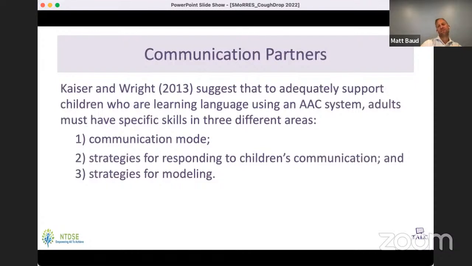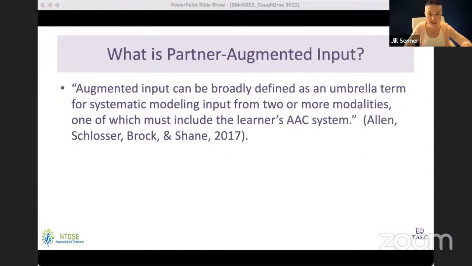So Kaiser and Wright suggest that to adequately support our kids who are using AAC, the adults in that classroom, at home, or whoever are training have to have specific skills in 3 different areas: the communication mode, strategies for responding to that child's communication, that student's communication, and also strategies for modeling. Yeah, and so our focus really is on those strategies for modeling, but through that, we actually get to strategies for responding to children's communication and also better understanding of the communication mode,